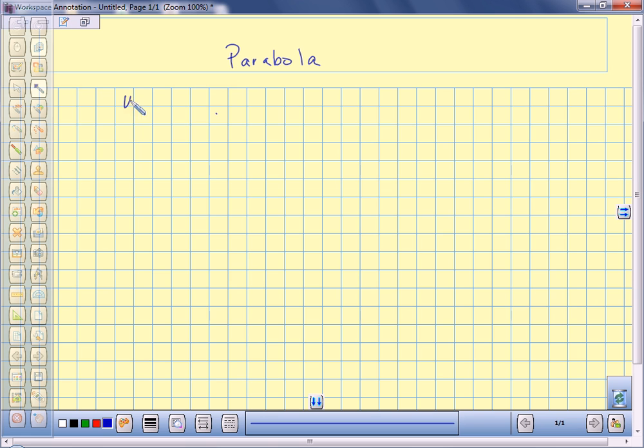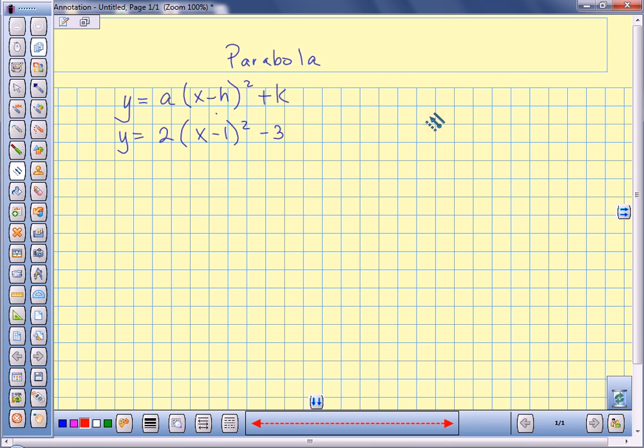Okay, so this is the form we're used to. y equals a times (x minus h) squared plus k. This is vertex form, and we know how to graph a parabola this way. So let's say we had y equals 2 times (x minus 1) squared minus 3. So if we were to graph this,